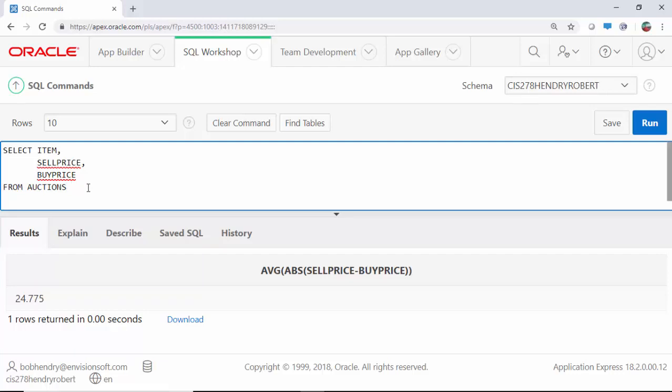And if I wanted to look at the greatest of these for some reason, I could say, show me the greatest of the sell price and the buy price. We give it a comma delimited list. Select item, sell price, buy price, greatest sell price versus buy price. So when I run this,